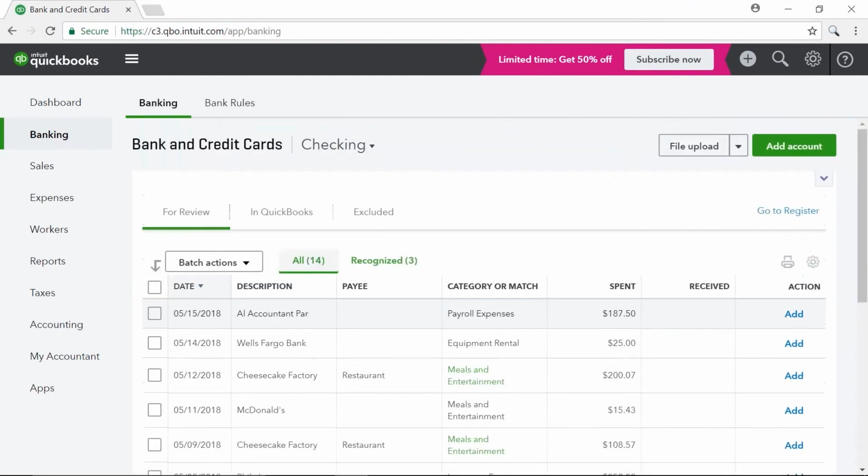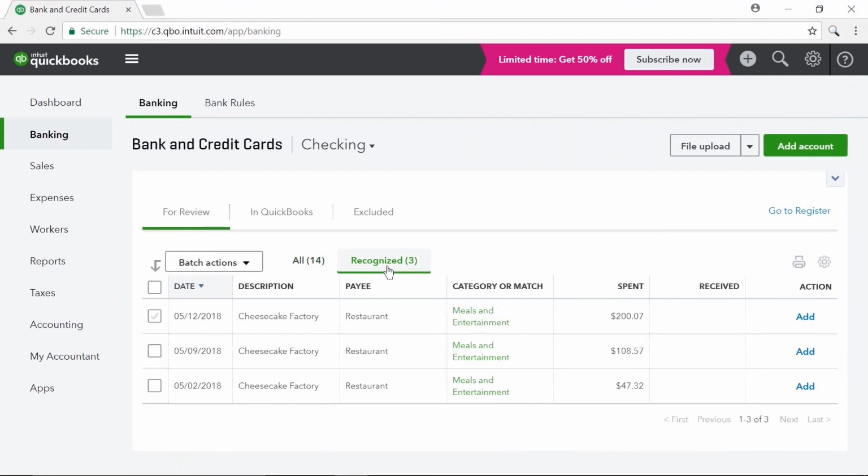Now these transactions that are green and also transactions that are matches show up as recognized transactions. We can add them much more quickly by clicking on recognized right here. And it filters out basically anything that is not from a recognized vendor or is not a match. So right here we have all these Cheesecake Factory transactions. Now this is one of the big ways to save time in QuickBooks Online, because through this, after you've added transactions with the same vendors a couple of times, this list is going to get pretty long, all these recognized